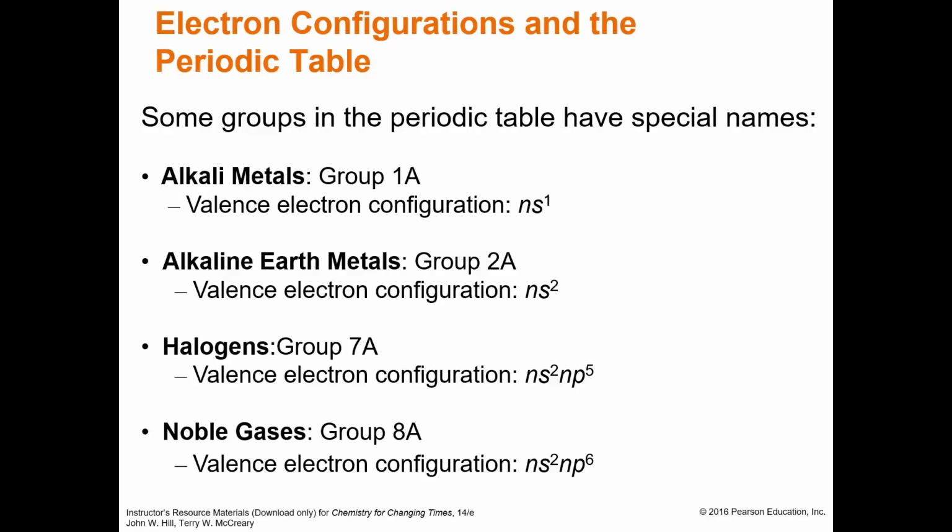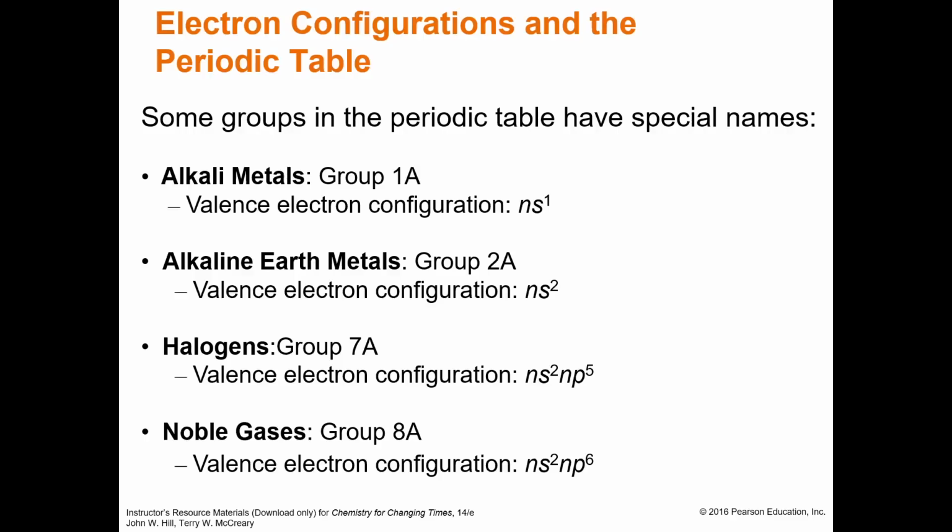So some of the groups in the periodic table have special names because they have some special properties: alkali metals, which is group 1A, and alkaline earth metals, which is group 2A. So if you look at the very left part of the periodic table, group 1A is that stuff to the left. Lithium, sodium, potassium, etc. Alkaline earth metals are group 2A, the next one over. And this has things like magnesium and